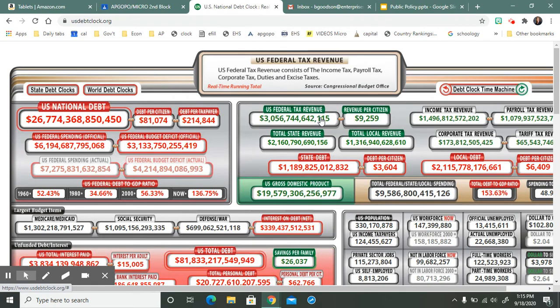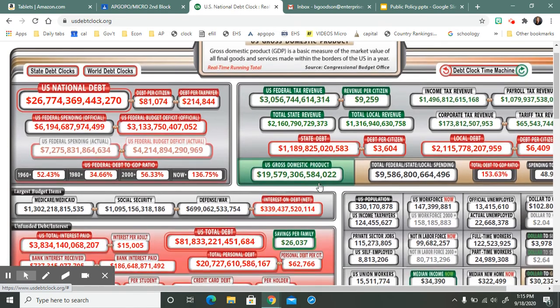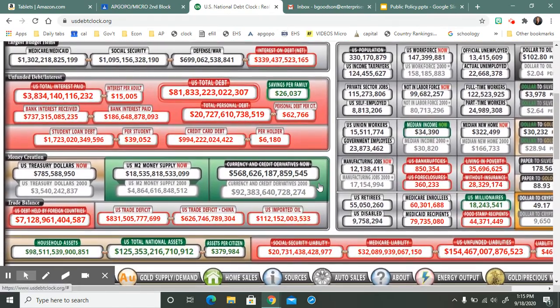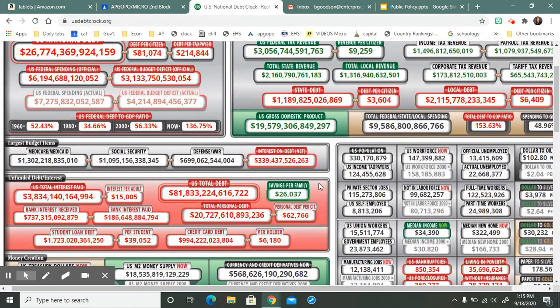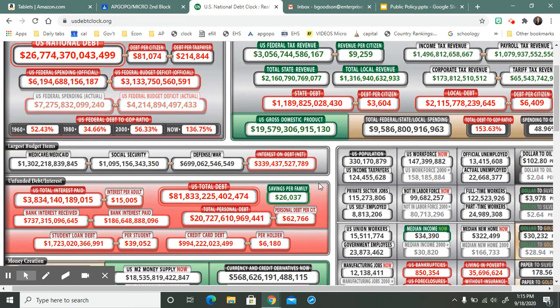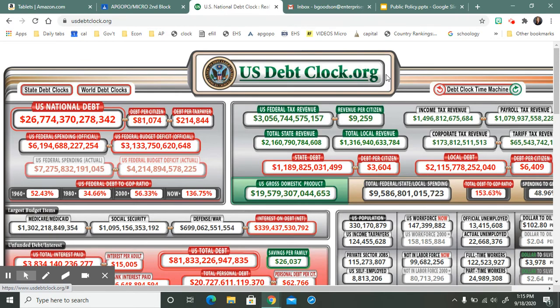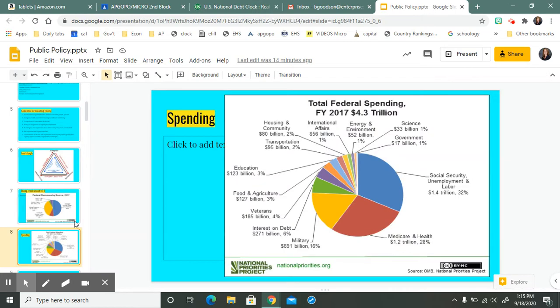And you can see what's coming in. So we've got 3 trillion coming in right now. Then it breaks it down, revenue per citizen, income tax revenue, and so forth. So this is a very interesting site to see where the money's coming in and where the money is being spent. Okay, and we'll talk much more about this site as we go, especially when we get into economics. But we'll come back to this when we talk more about the budget during our Congress unit. All right, but I just wanted to show you that.